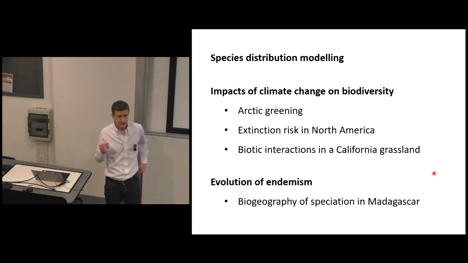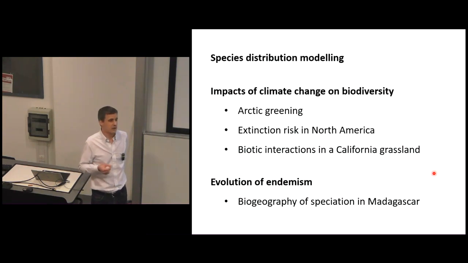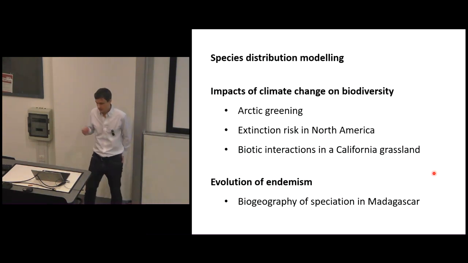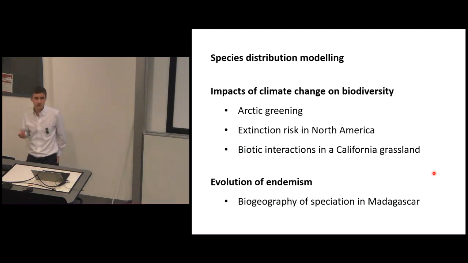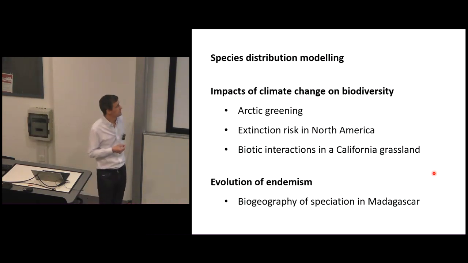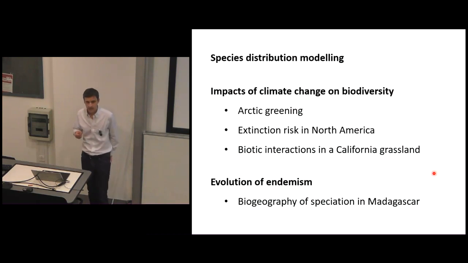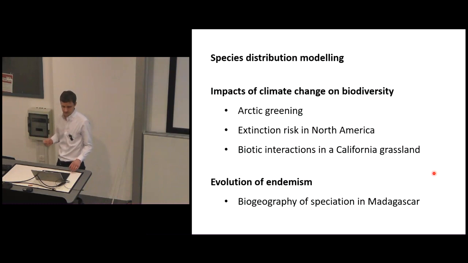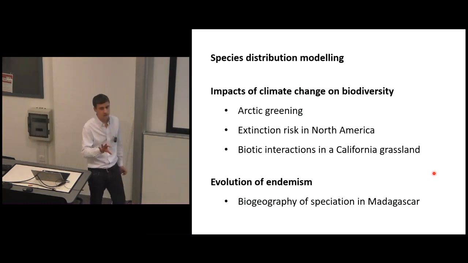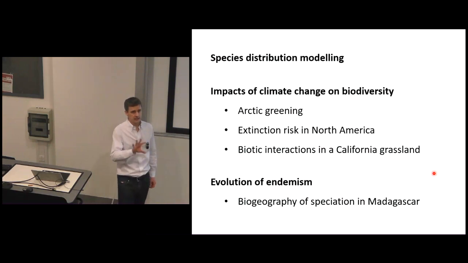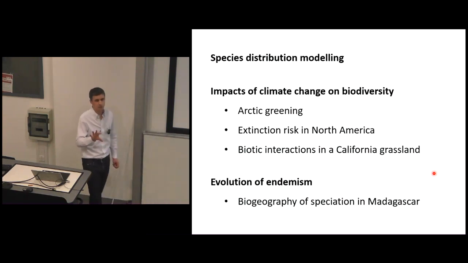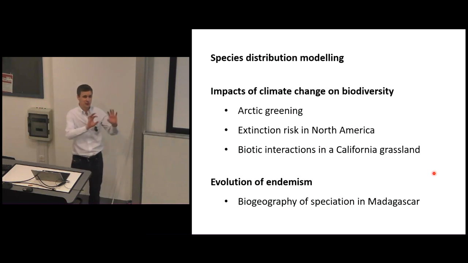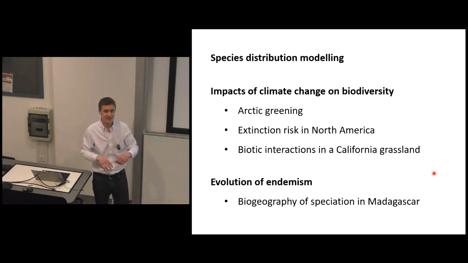So I can broadly categorize my work into three main areas. One that we can just say is species distribution modeling, so the technicalities, the details of how we build models of species distributions. Another main interest is the impacts of climate change on biodiversity. And then a third area that I want to get onto mentioning today as well is the evolution of endemism. I'd like to show that they're all related, but these are three separate talks that I've given over the last few years.